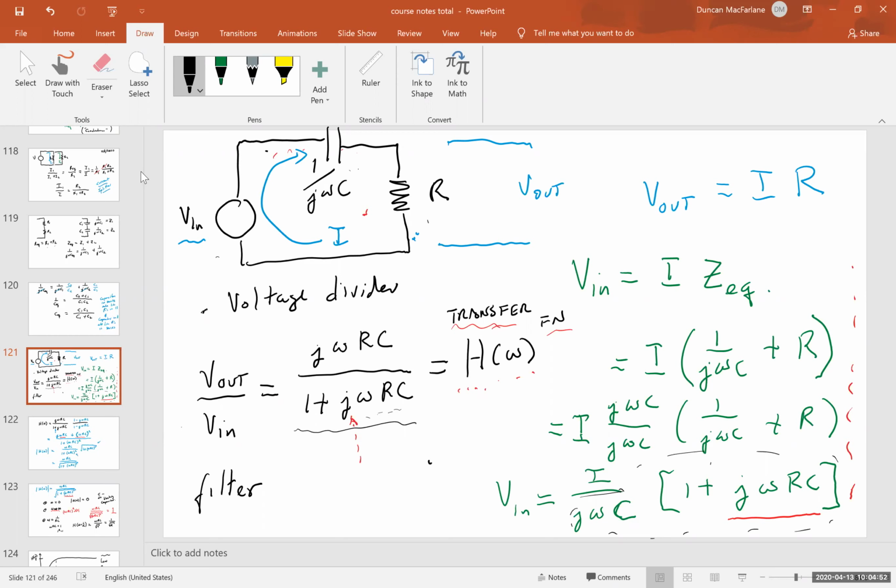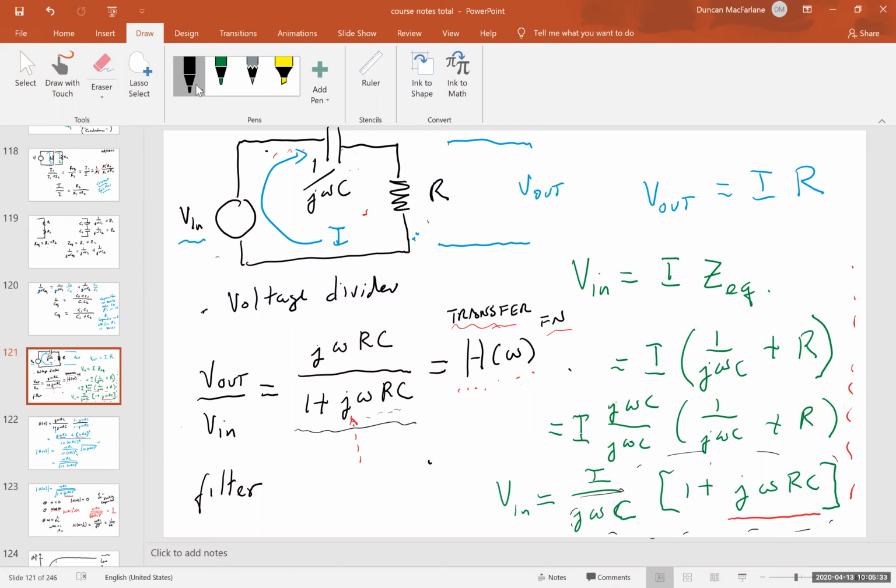Now, we call this output over input a transfer function. The general notation that's almost always used for a transfer function, and I say almost always because there's one blaring exception from the world of physics, is capital H of omega. And one of the connections that I want to make today, very much an extension, is